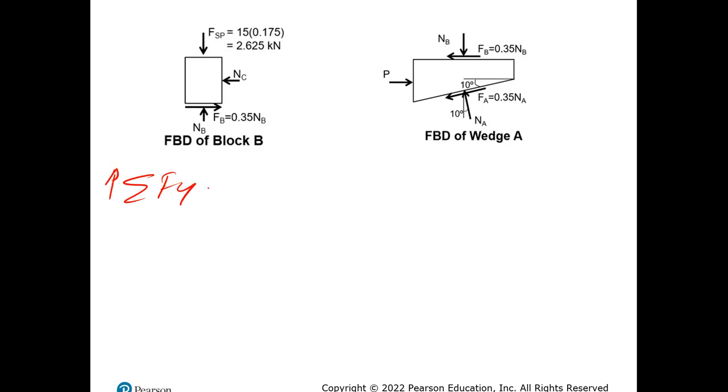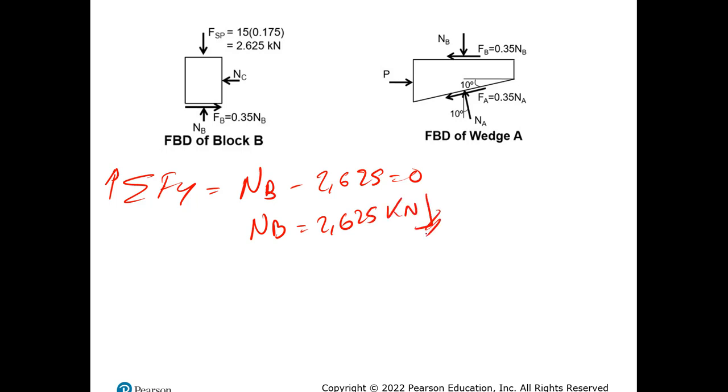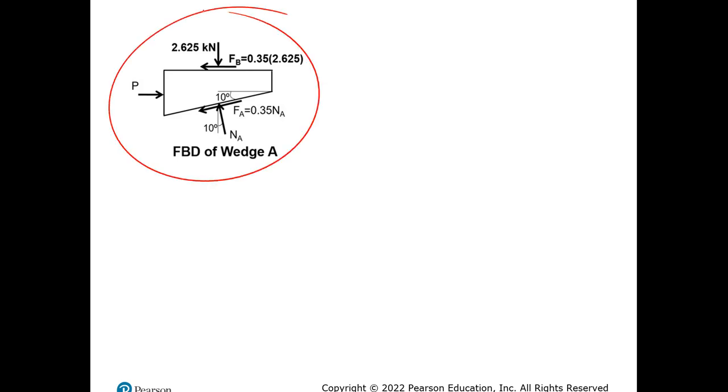I will realize that the sum of forces will be equal to normal in B minus 2.625 equals 0. Normal B will be equal to 2.625 kilonewtons. So now all I have to do is take this value into this equation. Now I have NB. The unknowns that I have will be P and NA. So it's very simple. This is only at B. Okay, with that, I will move then the known values into normal force times mu s, and I will plug